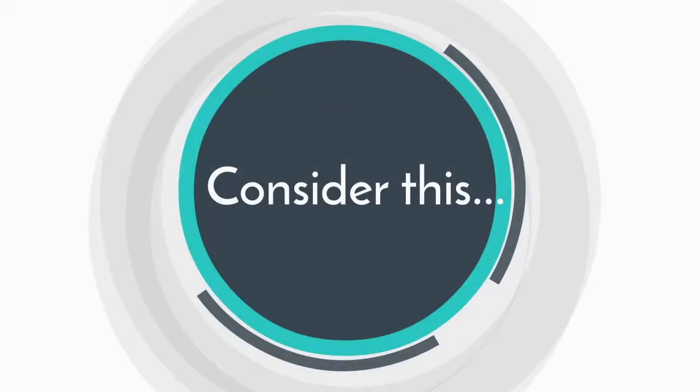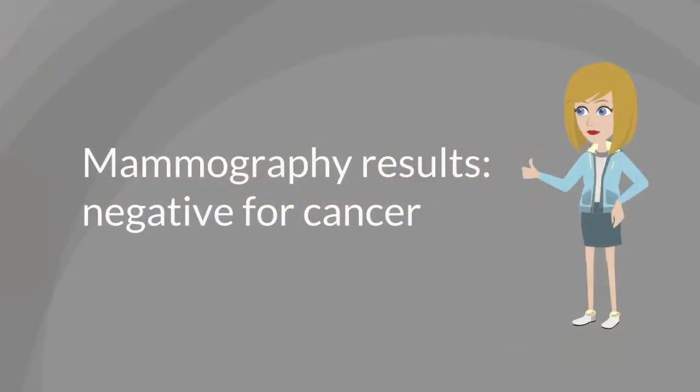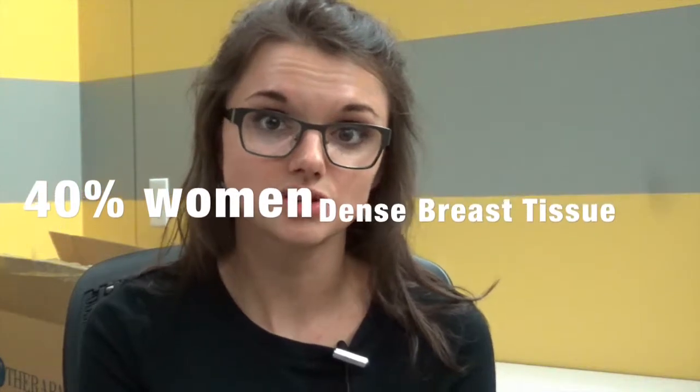Consider this situation. A woman goes in for her annual breast exam. Her mammogram results come back negative for cancer. However, in the months following the exam, she discovers a lump, which turns out to be cancerous. How could this happen? Mammography detects tumors anatomically. As a result, high-density tissue regions, such as cancerous tumors, should stand out as white against the gray, low-density breast tissue. However, for the over 40% of women who have dense breast tissue, this test can sometimes be incapable of